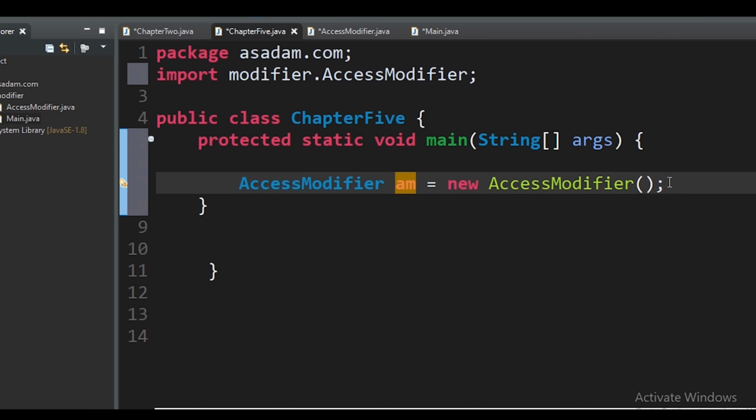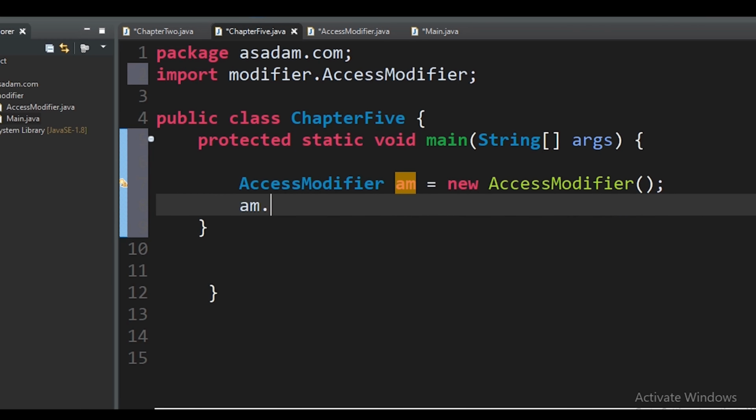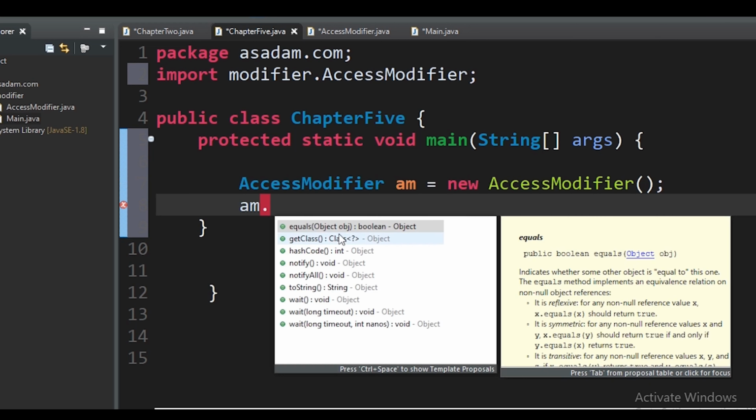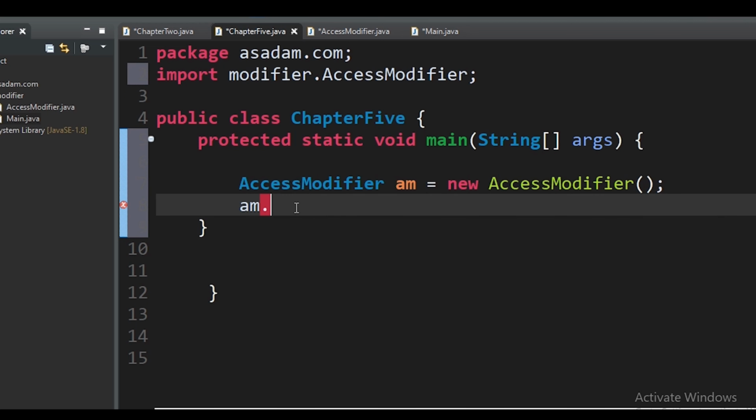Okay, let me try accessing the field of this. You see there is nothing here. We have no number function, we have a number field, and we don't have the number function also. Okay, but let me